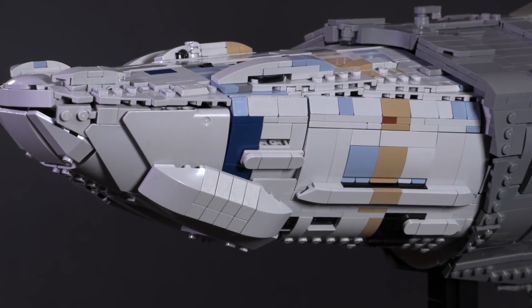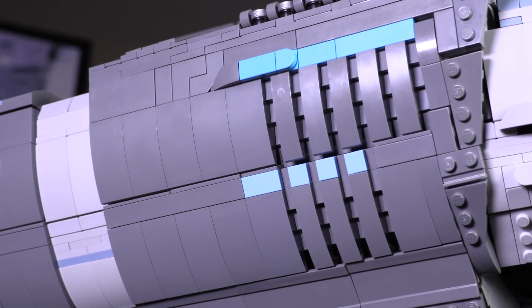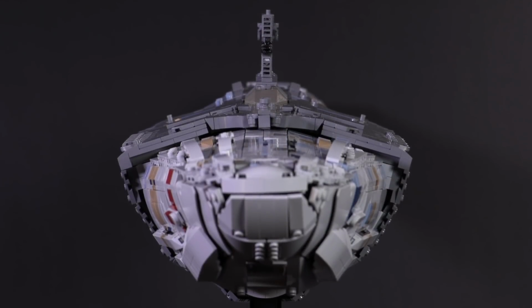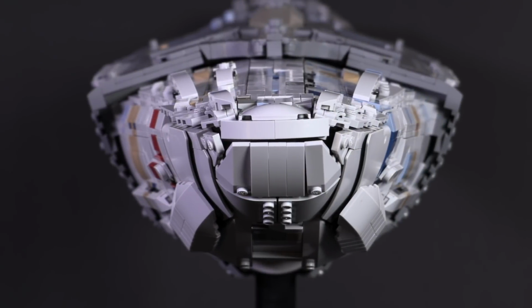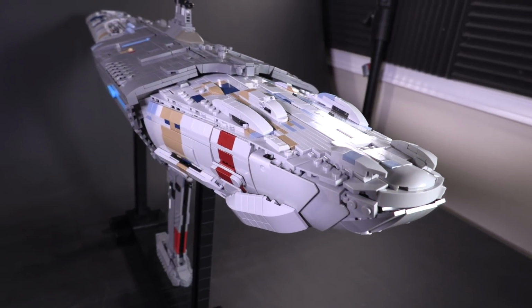You've got plates and slopes, bricks, wedges, Technic panels, and more, all connected together with hidden hinges, mixels, and pins on the inside, all to make shapes that you just don't normally see in LEGO bricks. There are several axes to take into account when creating a shape as complex as the nose, for example. It doesn't feel like a complicated shape on the outside, but this designer really knew what they were doing, and